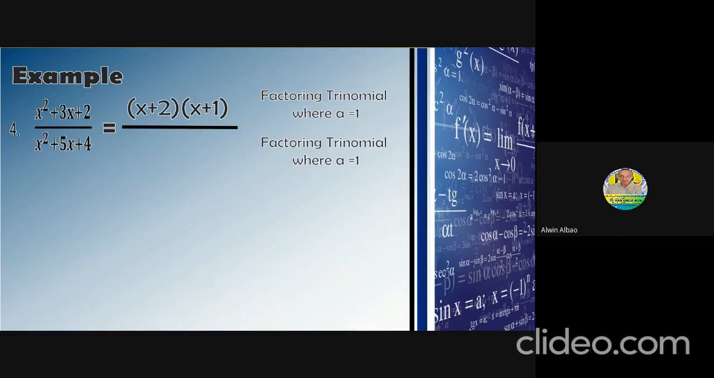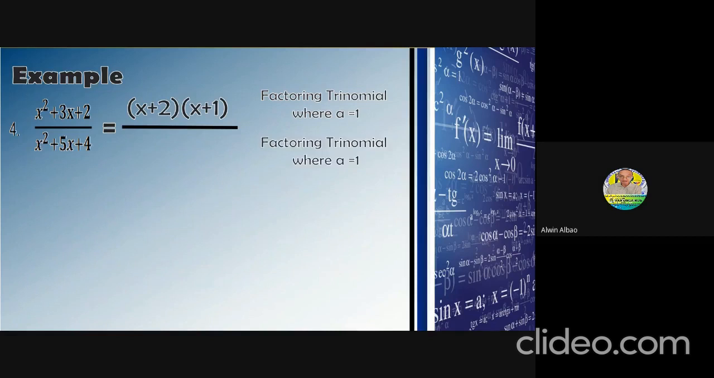Next, number 4, we have x squared plus 3x plus 2 over x squared plus 5x plus 4. Okay, so ang ating gagawing factoring ay factoring trinomial where a is equals to 1. So this time, tignan natin yung last term, positive. So pag positive, kailangan is ikunin ang sum ng factor. Since 2 yan, ang factor nilang is 2 and 1. 2 plus 1 is 3. So, bali, ang magiging factored form niya is x plus 2 times x plus 1 over,